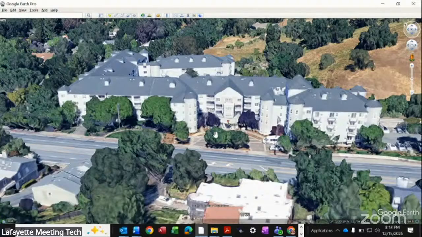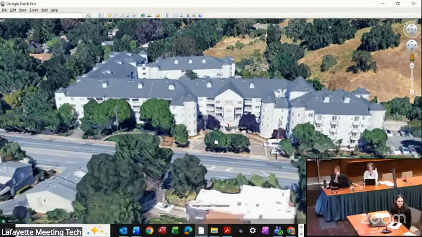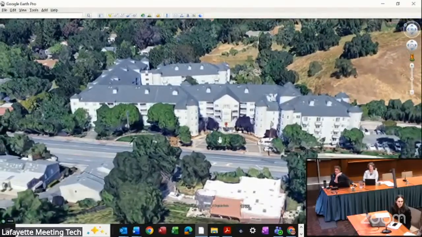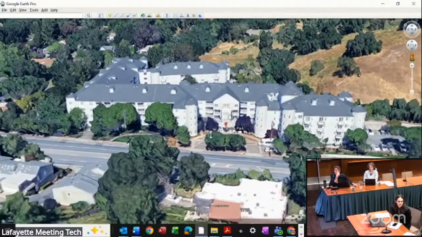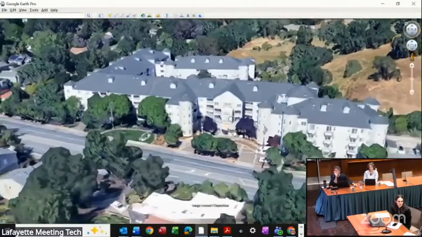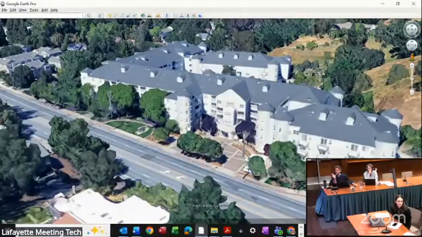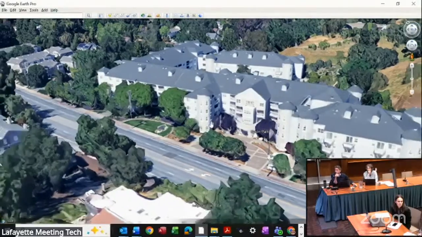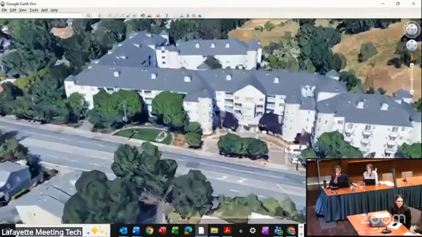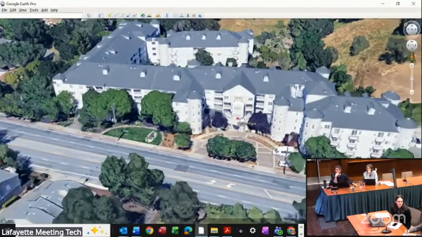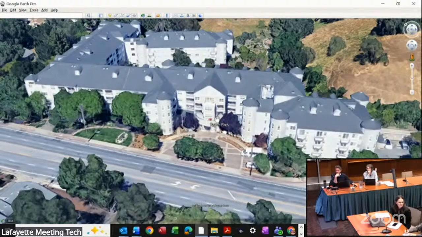So up on screen, you're seeing my screen, which is Google Earth, and this is the Byron Park project on Tice Valley Road in Walnut Creek, and staff very much supports we can include an appropriate image of this. It's got pitched roofs. It's certainly a big building. I think it does it very successfully. It breaks down the larger masses into smaller masses, and the pitched roof absolutely helps.